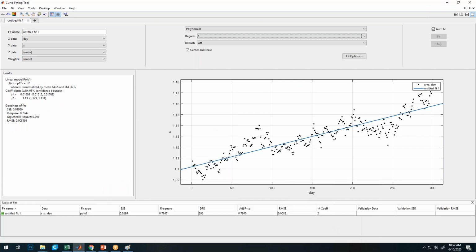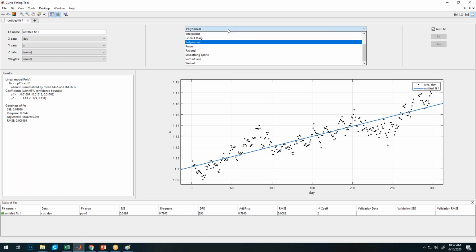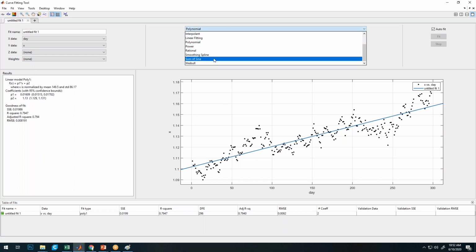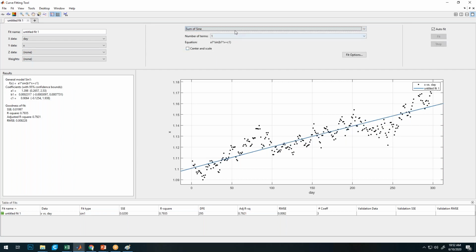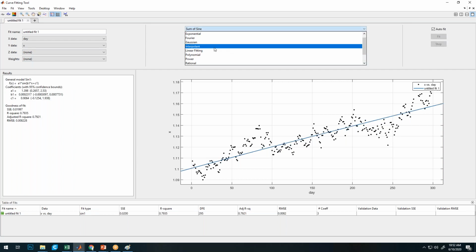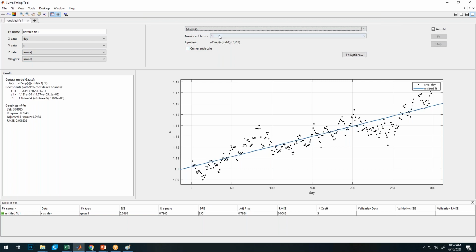Okay, if you look at this data, what other interesting thing can we take out from it as a data analyst? See, if I take one more graph, say sum of sines, or say Gaussian, I think Gaussian will sound better.